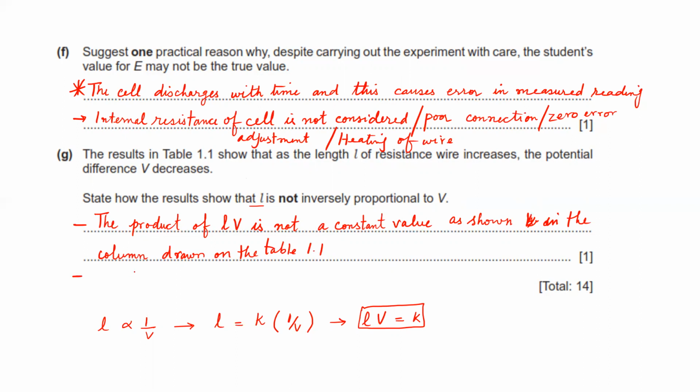Number two, inversely proportional graph: the graph doesn't go through the origin. So the best answer is these. I mean, based on these graphs, you can easily say that the length of the wire is not inversely